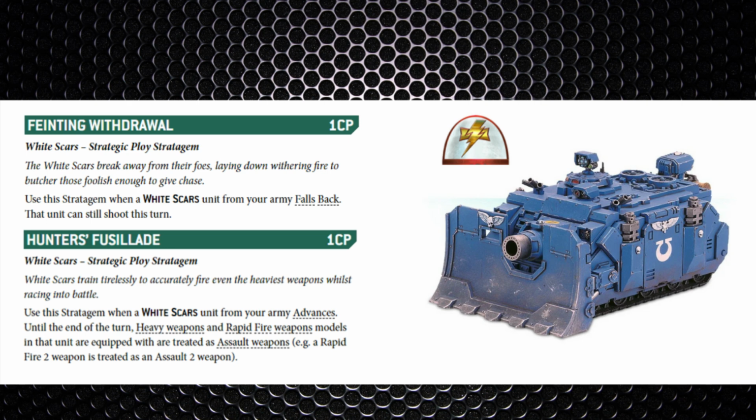be used, starting off with Fainting Withdrawal for 1 CP, used on a White Scars unit that allows them to fall back and shoot this turn. So if it gets tied up in combat, pull out of combat for 1 command point and then fire the blast weapon as normal. Then secondly, you've got Hunter's Fusillade for 1 command point, used on a White Scars unit